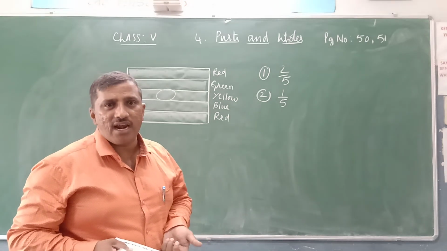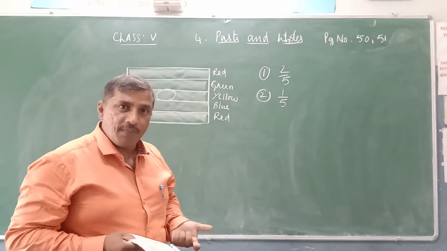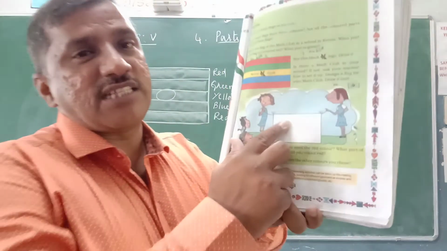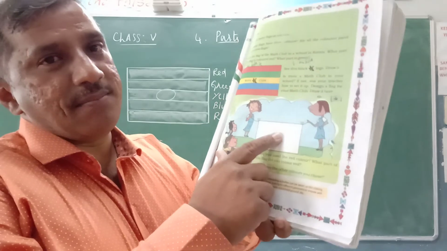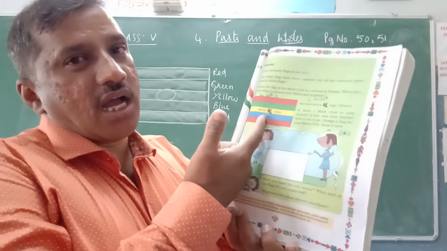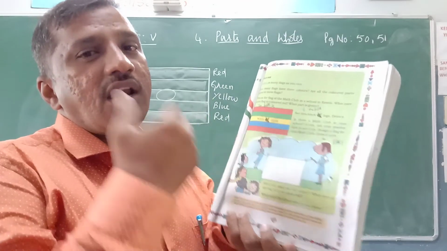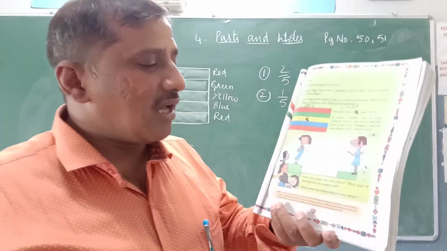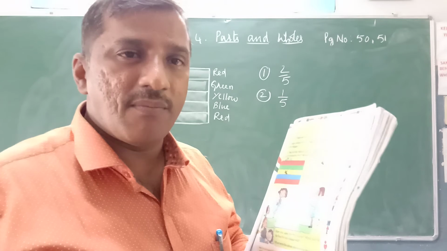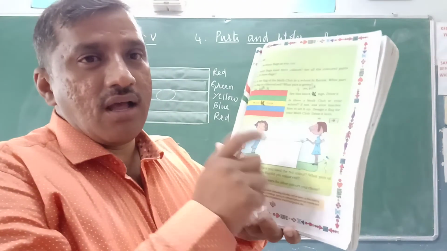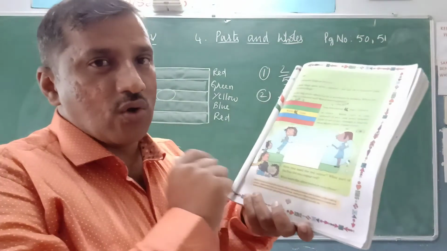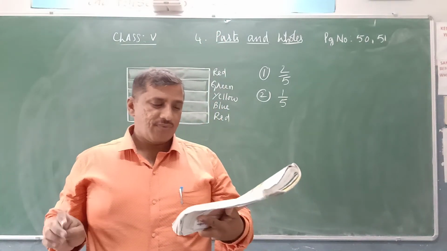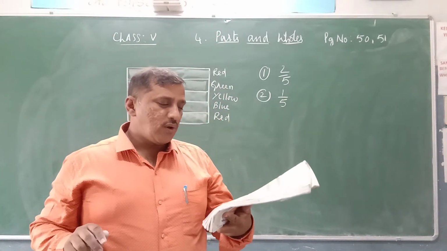Design a flag for your math club on your own, and draw that flag in the space provided here, in this empty space. You can take help from this flag, or you can create your own, and you can also design one emblem for your math club flag and draw it here. Then answer the questions below. Have you used the red color? What part of the flag did you color red?